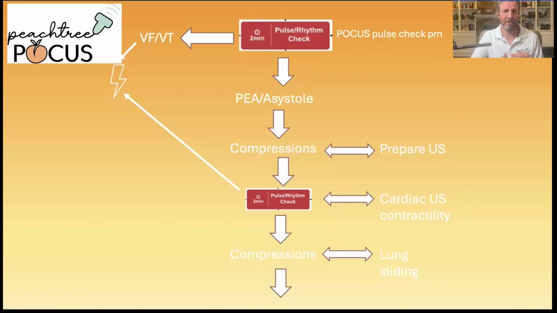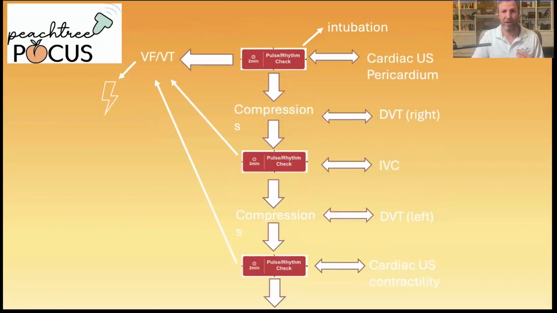Compressions prevent me from looking at the heart, but not really at the lungs. And this is where I ask, could a tension pneumothorax be the cause? At the next pulse check, I focus on the pericardium looking for tamponade. Then back to compressions. If you're truly savvy at ultrasound, you might be able to assess the pericardium and cardiac